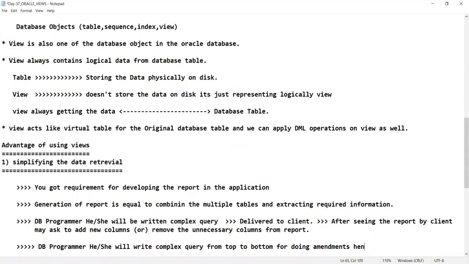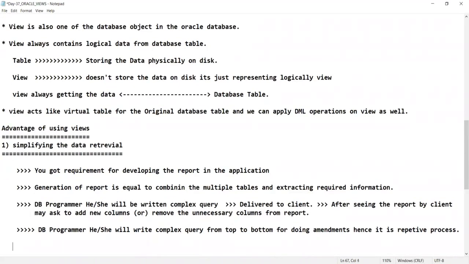Hence, it is a repetitive process, or not? Adding new columns to the report or removing existing columns from the report. So it is going to be a repetitive process from the client, or not? To avoid the burden,